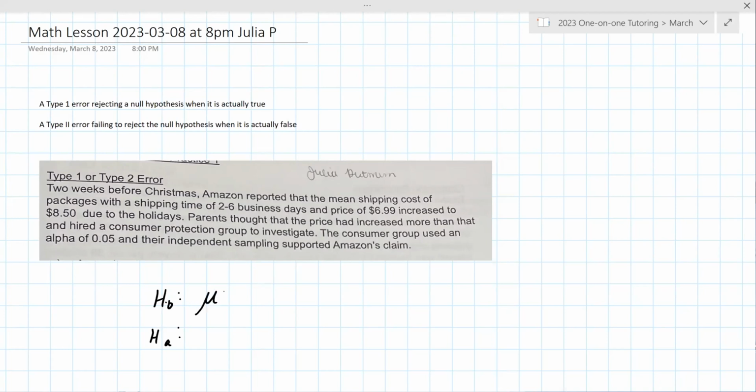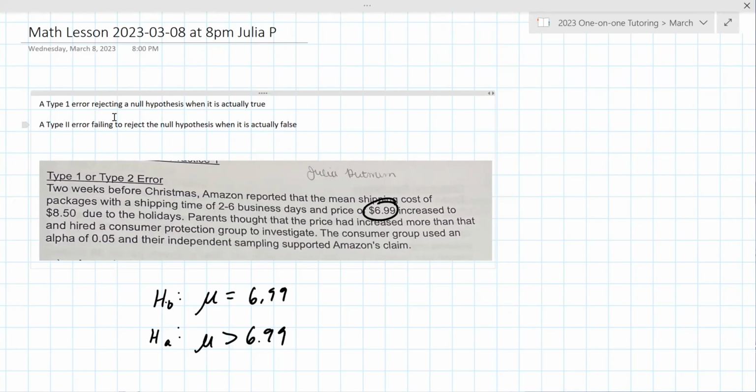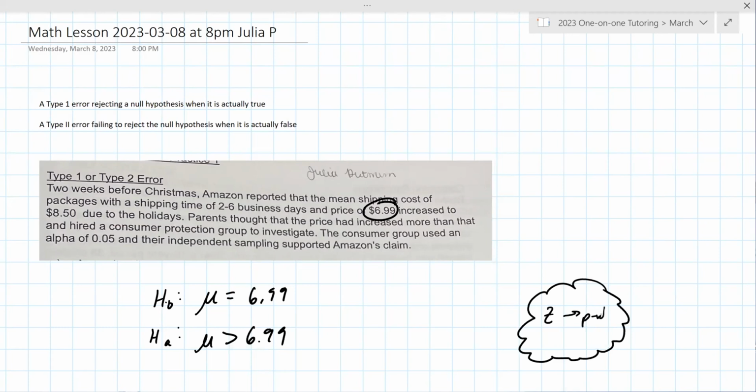Sure. Okay. So this one is mu, and it's written a little oddly, but we think mu is 6.99. Okay, because that was the original price, and then parents thought that the price had increased more. So this is saying that mu is greater than 6.99. Mhm. Okay, so to determine these type 1 and type 2 errors kind of generally, you have to come off to the side here, and you get your z value and you get your p value from that. Okay, and we kind of could do that here, although we need a little more information, but that's not what's important here. What's important is let's say the p value